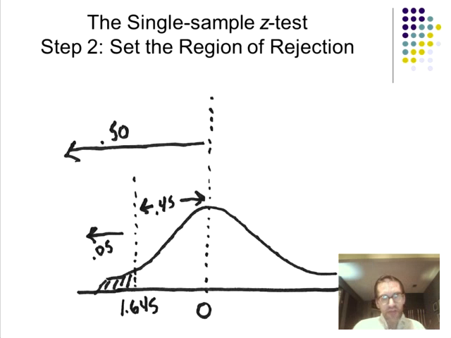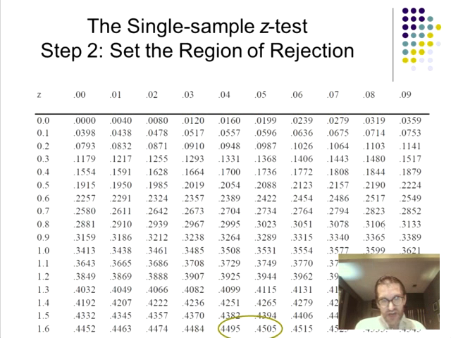So recall that, and I'm going to come back to this chart and look for a 0.45, and lo and behold, I won't find a 0.45. Of course I won't, we've found that over and over. But we find a 0.4495 and a 0.4505, where I've circled there. And so our answer is exactly in the middle between those two. So if we come down the left side to 1.6, go over to 1.64 or 65, it's right in the middle,